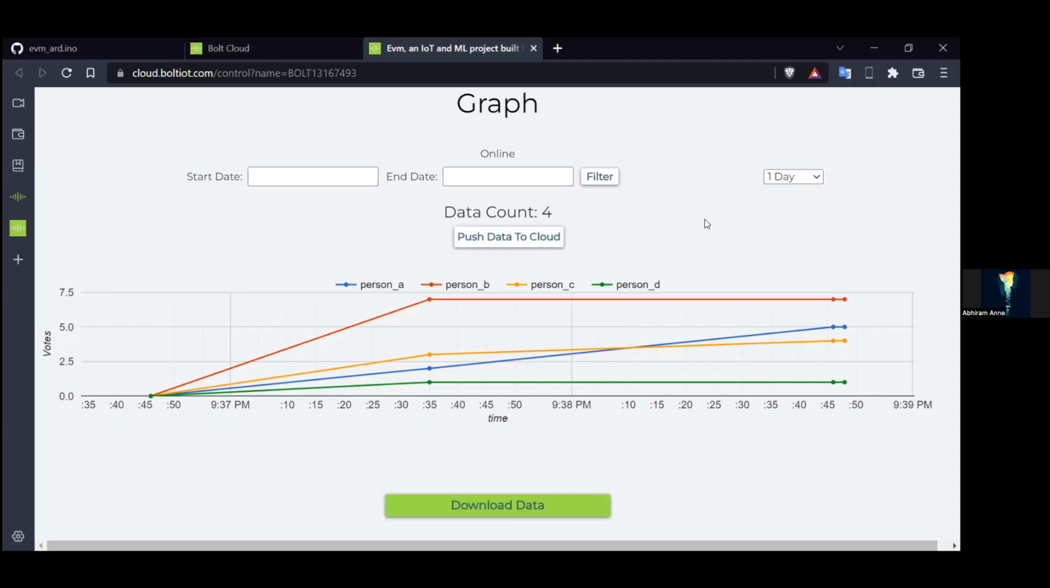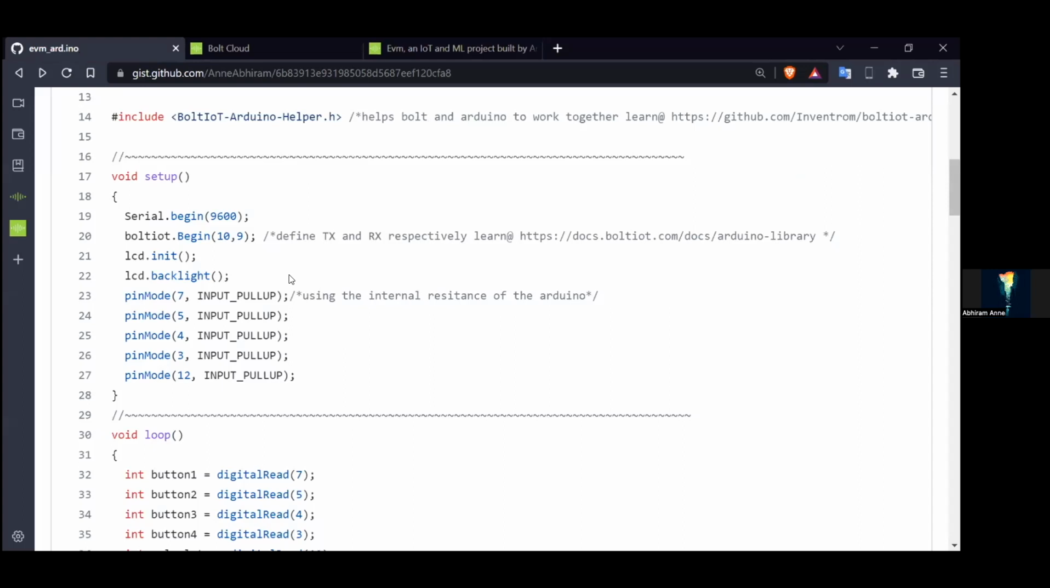Okay, and the last question is about push data to cloud. This button will push the data that we have here. You have selected 1 day. If I select 1 year, then the whole data will be pushed to cloud, right? Actually, what push data to cloud does is, as I said, let us say every 5 minutes the Bolt module will automatically collect the data and then publish to cloud. So when you run the command push data to cloud,